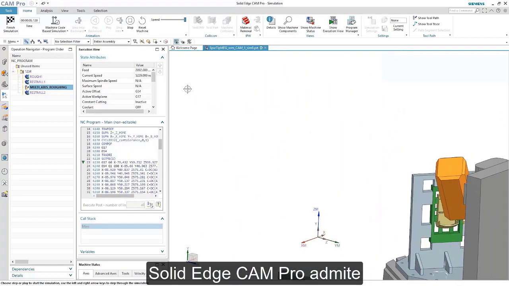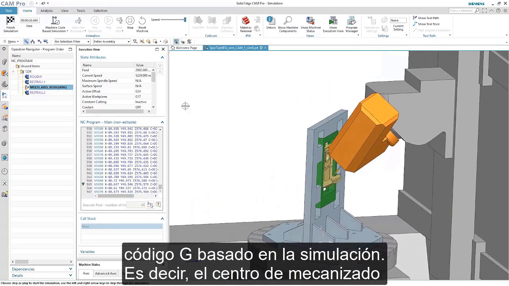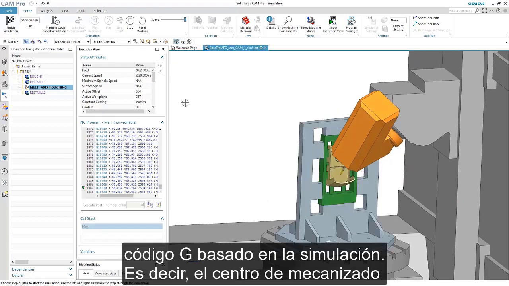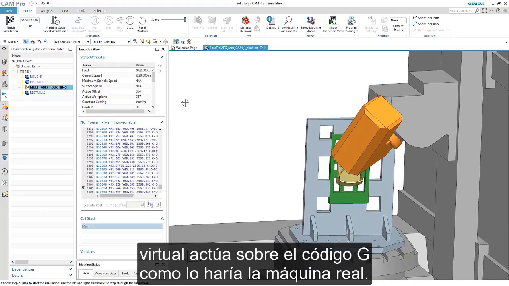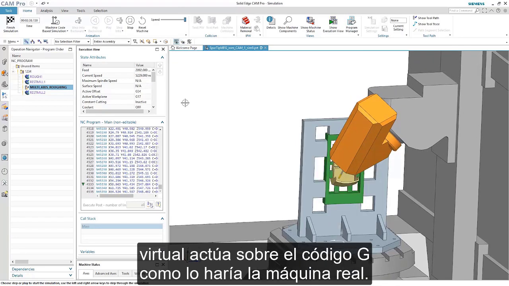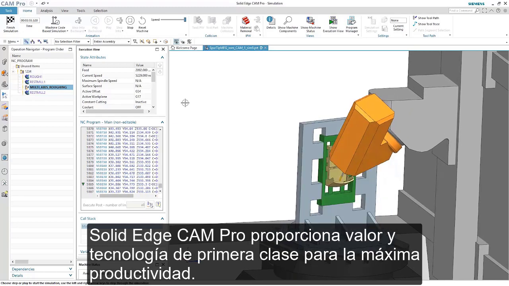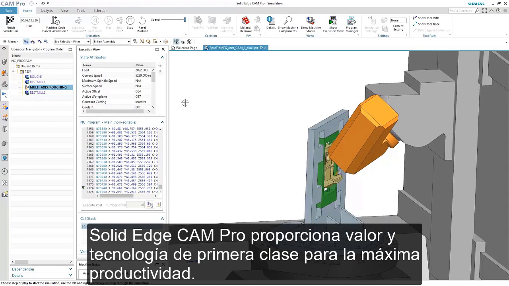Solid Edge CAM Pro supports G-code-based simulation, meaning the virtual machining center is acting upon the G-code, just like the real machine will. Solid Edge CAM Pro delivers world-class technology and value for maximum